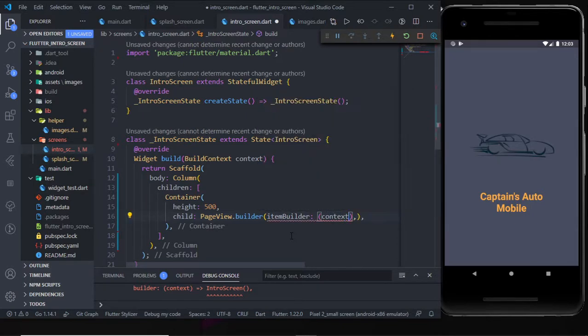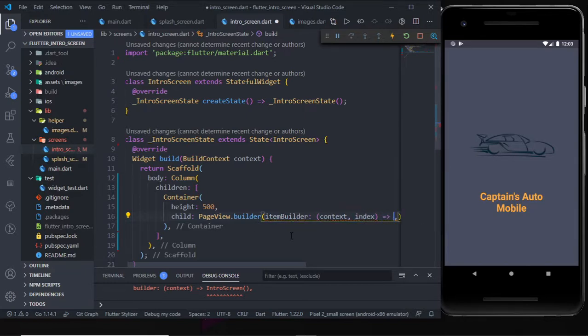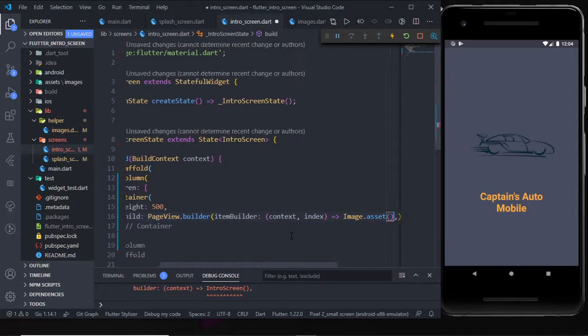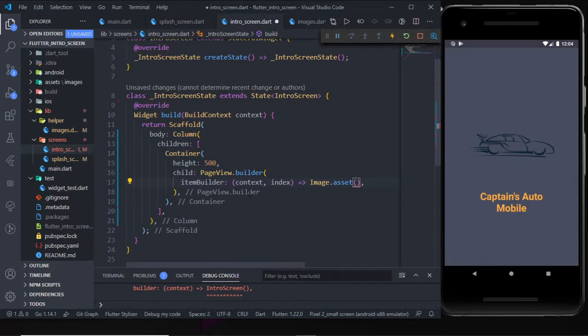So the context will take a context, and it will take an index. So it will return something. In this case, we will be returning an image, so Image.asset. Now we have a few images with us. You can see this is like an index, same as a list view, right? So we have this index, so it will move from a particular list,